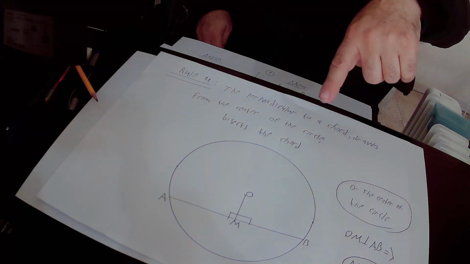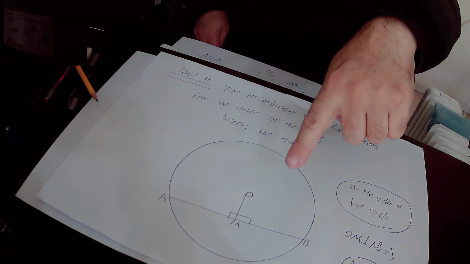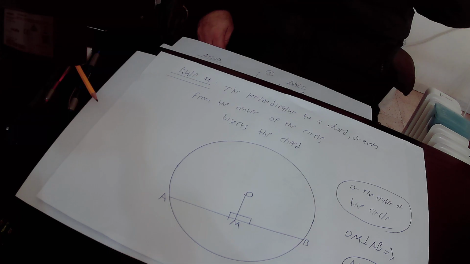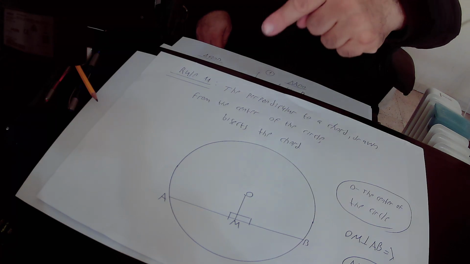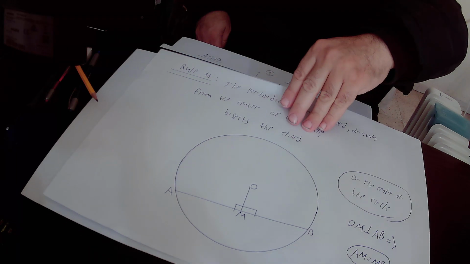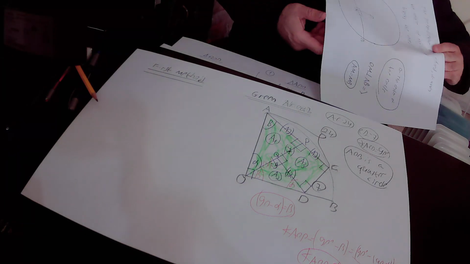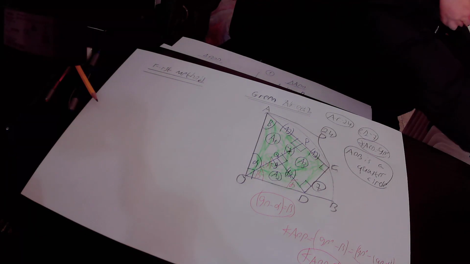That is to say, AM will be equal to MB. So whenever we draw a perpendicular to a chord, that perpendicular also bisects the chord. That is to say, AM equals MB. We can implement rule number 11 in our drawing. Why? Because in our drawing,